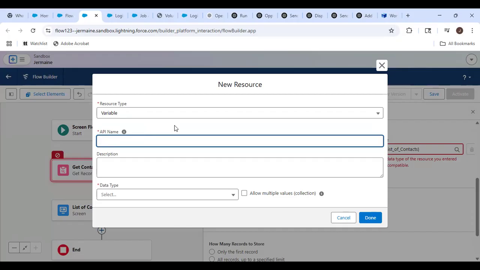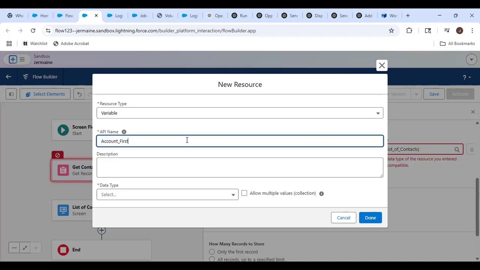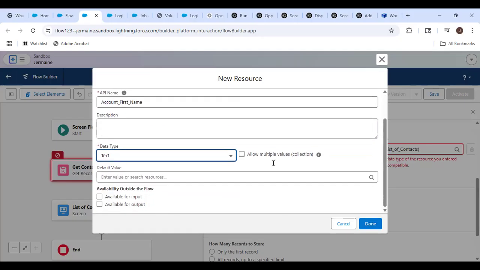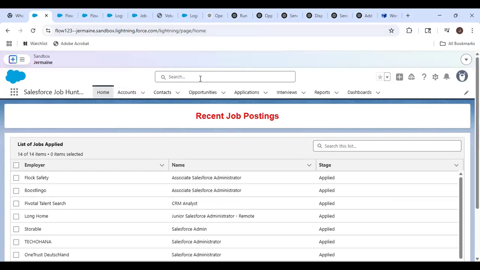A variable, we're gonna say account first name. Come on, what's going on here? Okay, this could be a text. Okay, so then what I'm gonna have to do is go here. Are you using account first name? We're looking at contacts. Because notice,